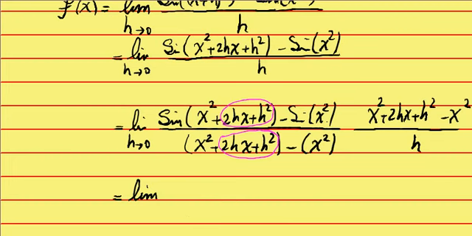This is sine of x squared plus small quantity. Small quantity, what's a good name for a small quantity? Let's just call it, say S for a small quantity, minus sine of x squared